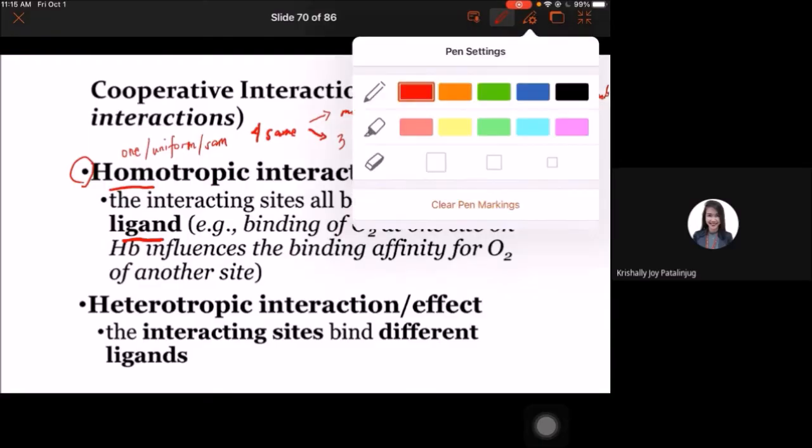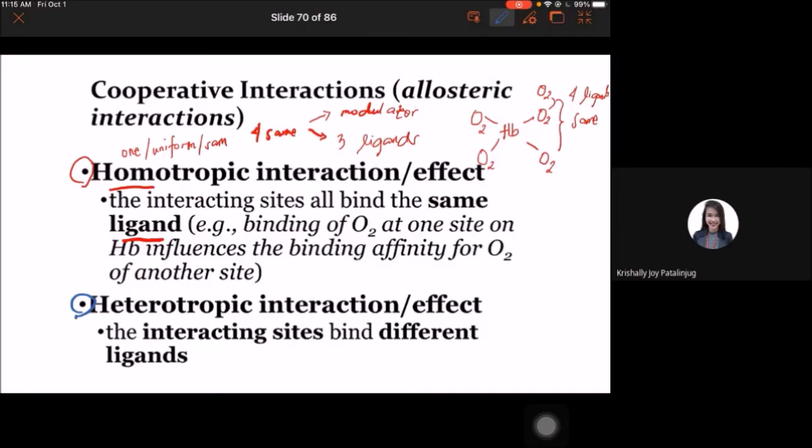Okay, then we also have the heterotropic interaction. Now, this is obviously a different ligand already binding to the interacting sites of hemoglobin. Hetero means different. So this would mean that the modulator that binds to the specific site of hemoglobin is different from the other ligands bound to the three remaining interacting sites. So you have a different modulator, then different din yung three remaining ligands na nagbind, okay, sa